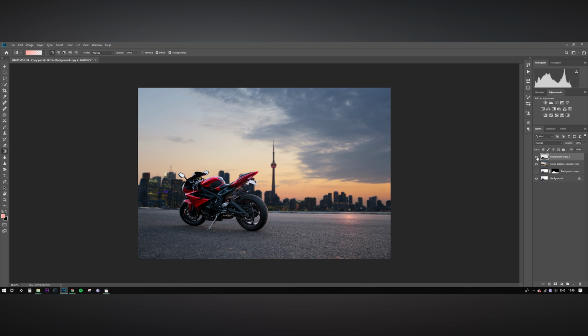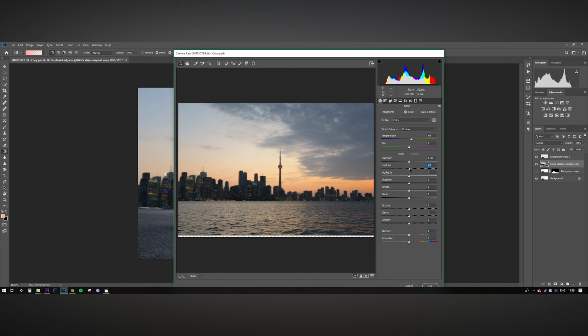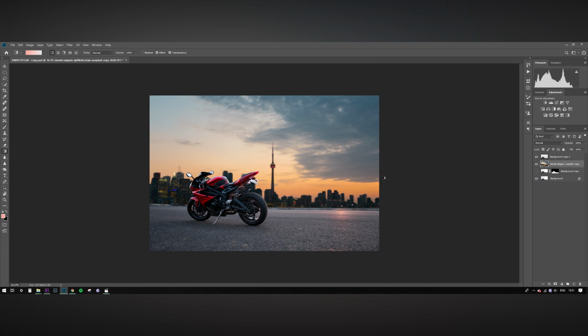Once that is done, let us color grade the cityscape background. A teal and orange look, if we give it to the background, I think it would look more amazing to my taste. So yes, once we are done over there, we have successfully replaced the background.